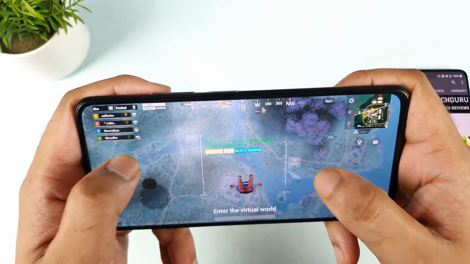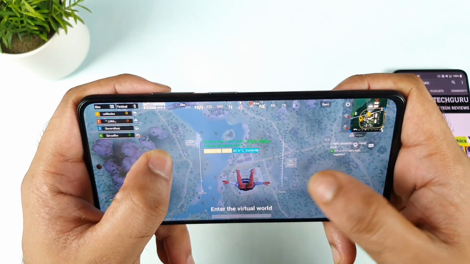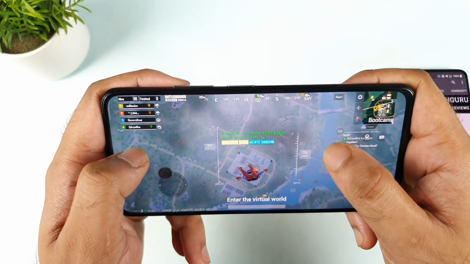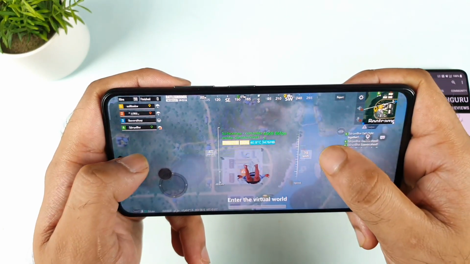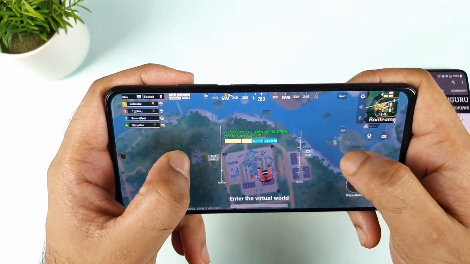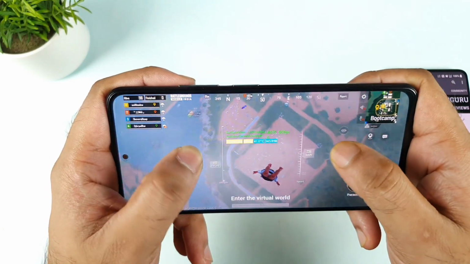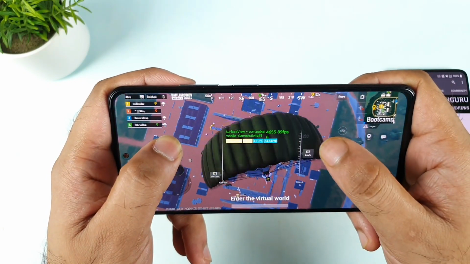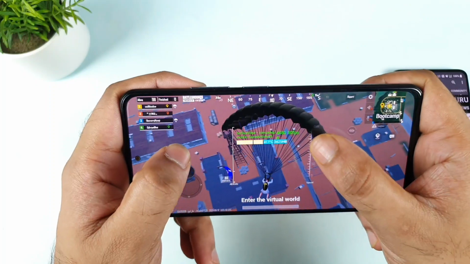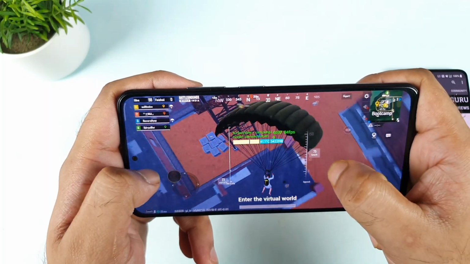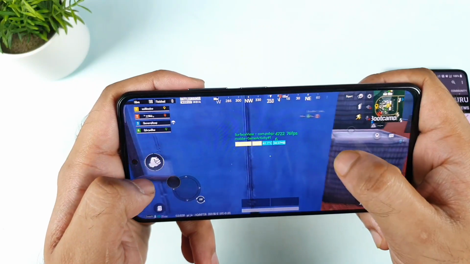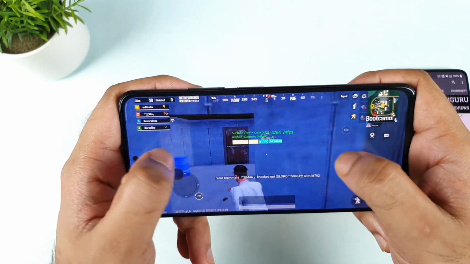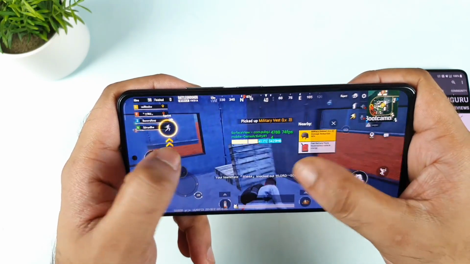Now let's see what happens with FPS, and this can be really close to accurate. 87 FPS, 88 FPS we are getting, 88, 83, 82, not bad. As you can see, 82 and 83. 83 is the lowest. 81, 75, 50, 59. As you can see, friends, it went as low as 59 in this demonstration.